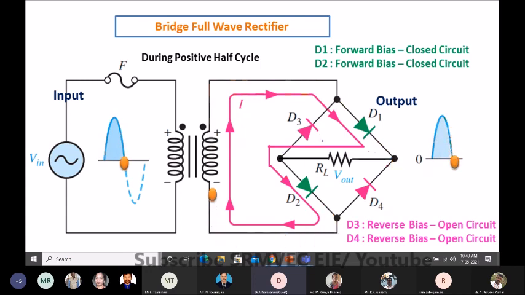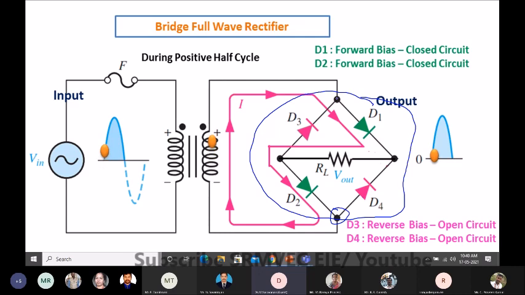This arrangement of diodes has to be in the correct way. If you change the position of these four, then we will not be getting the output. You have to see the input is connected where a positive and negative of the diode is available, and in a similar way the other terminal of the secondary of the transformer is also connected that way.